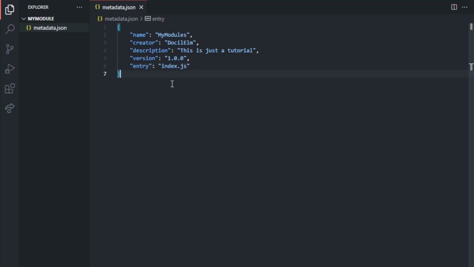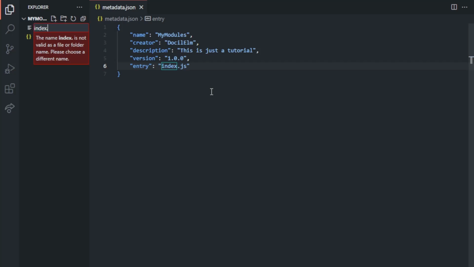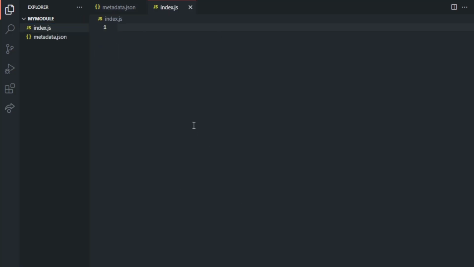The entry is important because this is the first file that Chattriggers is going to load. In this case, it's going to be index.js. So what we do is we create that index.js. Now here, we're going to follow the steps of the